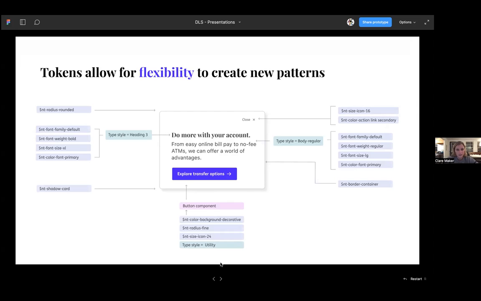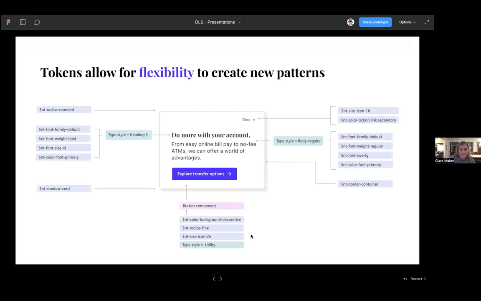I have a background color, a radius that I can use here, and this type style, which is comprised of these tokens. I can use the card shadow, a border container, and I can choose an icon size, another color. And then I can also use a component here. I can use the button component, but the button is also at a semi-abstracted level in the library, and it is also made of tokens.